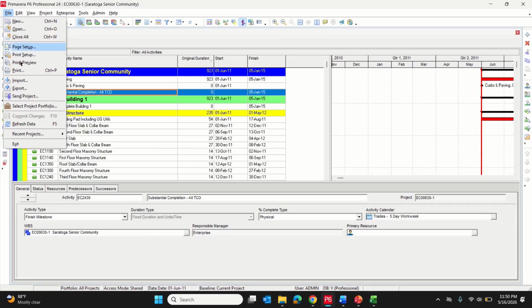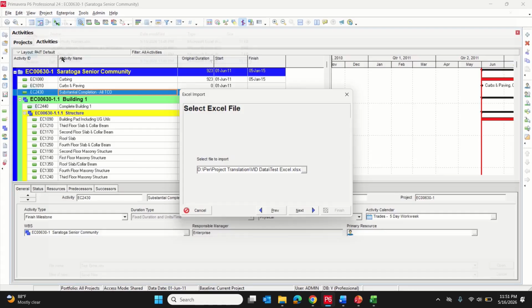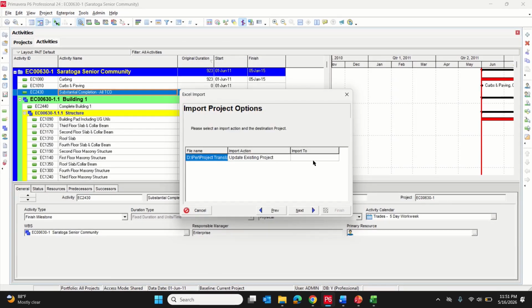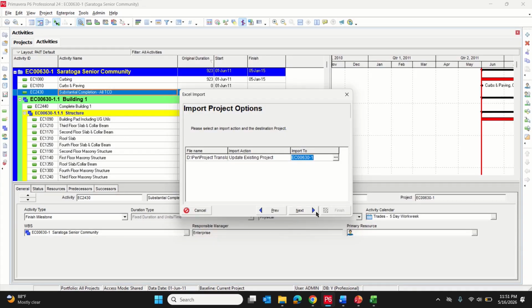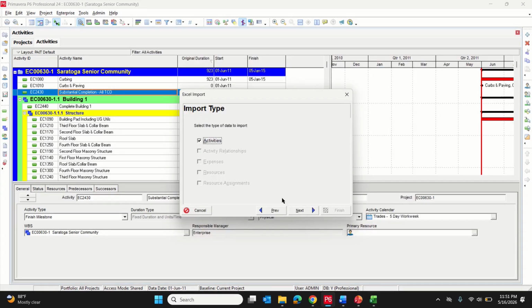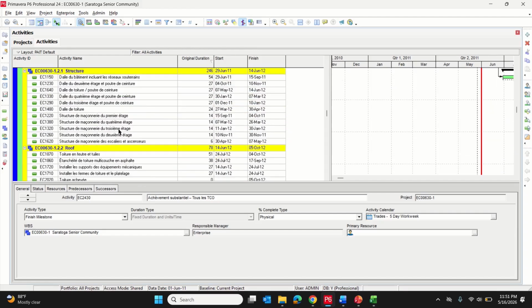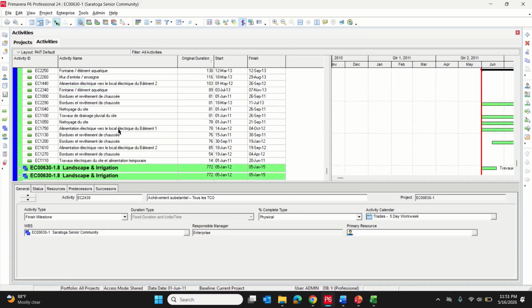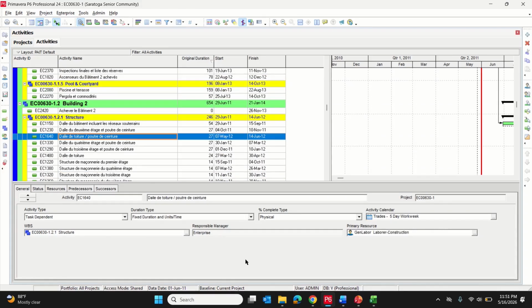After that, go to import Excel, next, and finish. And you can see that all the activities have been changed to French.